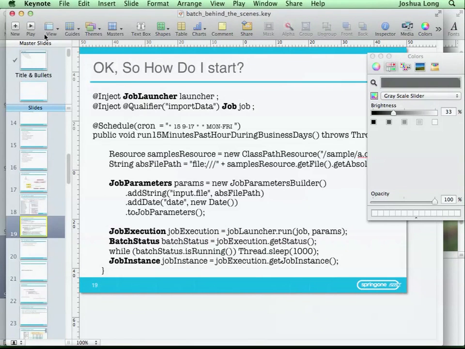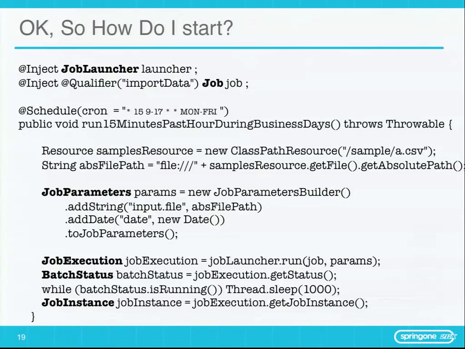Okay, so going back to this. Again, that's the same example. A lot of people ask about scheduling. Does batch do scheduling? Well, it doesn't. Spring Batch doesn't have any concern or care about when you run it. You can run it on a job on cron, you can use BMC or AutoSys, or, as I like to do, just stick @Scheduled on a method inside of Spring, and then specify a cron expression, and the method will get rerun, assuming you've enabled scheduling annotation-driven in your Spring configuration.